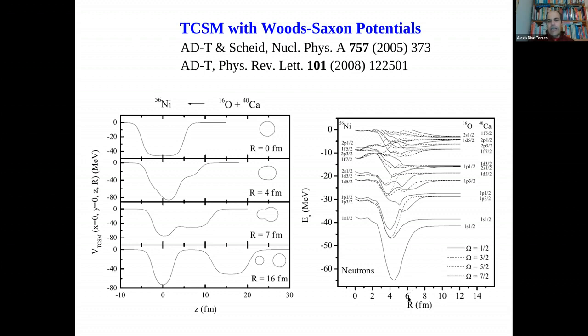It is much larger than the time scale associated with the motion of a nucleon in the volume of the system, which is at least an order of magnitude shorter, 10 to the minus 22 seconds. So for each configuration of the two central potentials, the nucleons have time to readjust their orbits to the mean